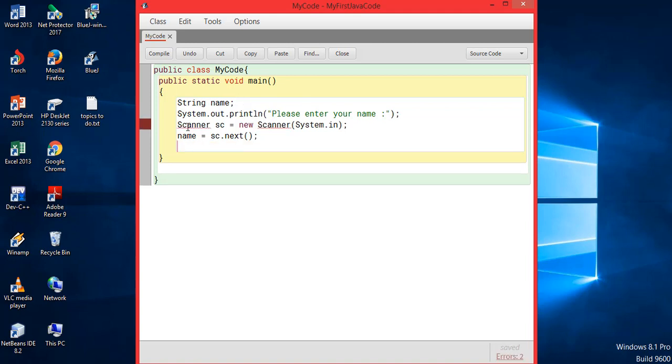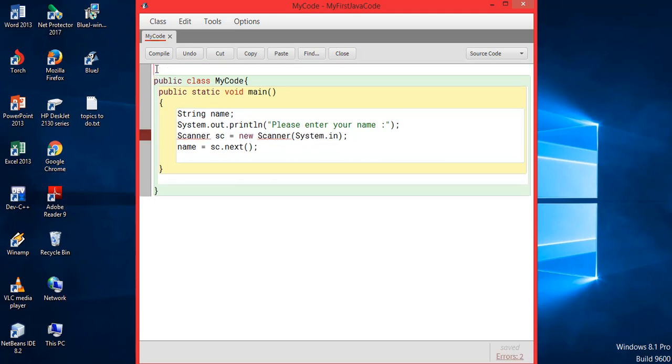Out here, can you see this particular error, cannot find symbol class Scanner? This is because you've not imported the Scanner package. So we'll go and import it. This is some ready-made code that I need to pick up. So I'm going to write java.util.Scanner. This will ensure that the Scanner package is picked up, and now if you see, the error has gone.